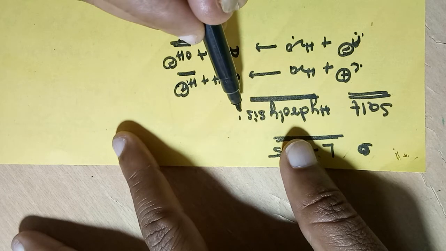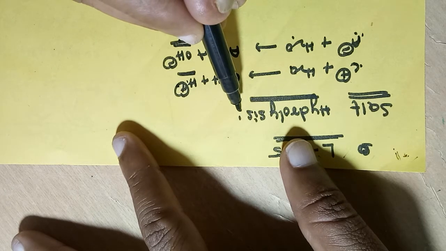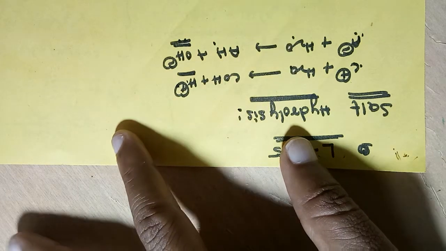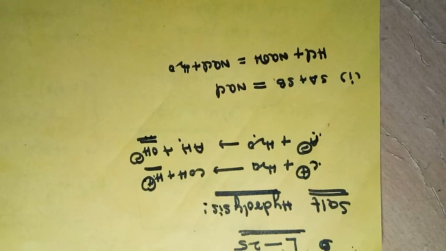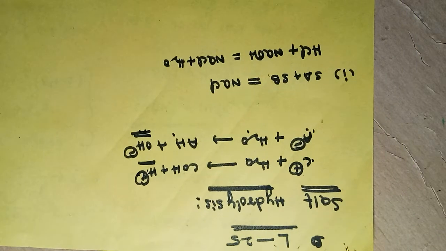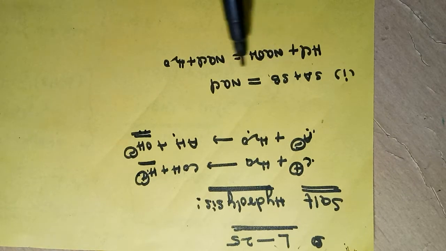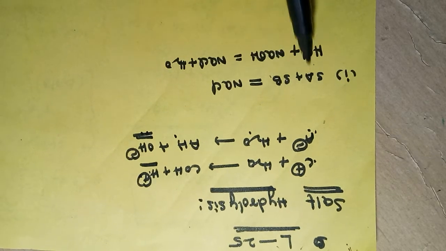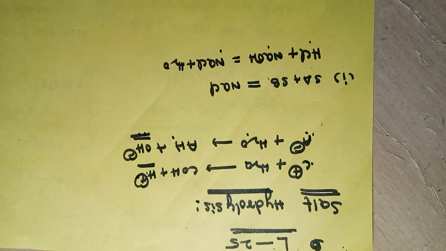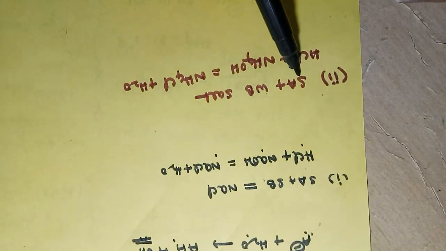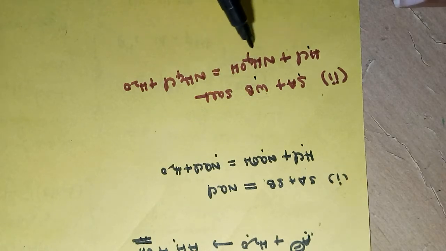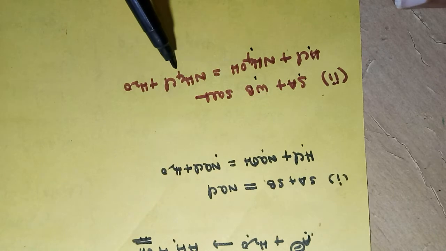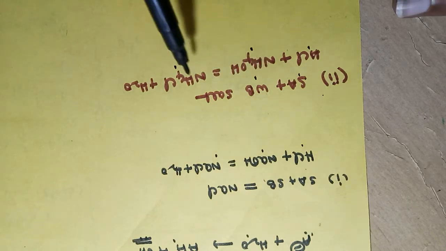A salt is formed due to the neutralization reaction between an acid and a base. Four kinds of salts are formed. The first kind is the salt of a strong acid and a strong base. The second type is the salt of a strong acid with a weak base. For example, the strong acid is HCl and the weak base is ammonium hydroxide, so NH4Cl is a strong acid weak base salt.